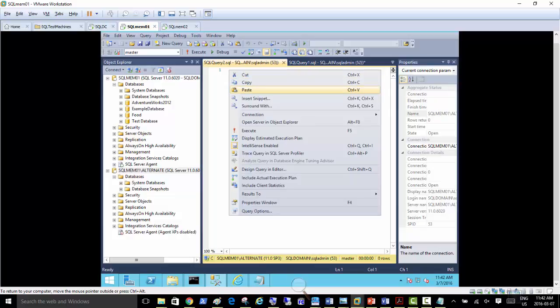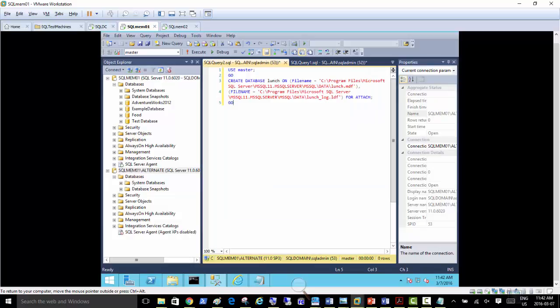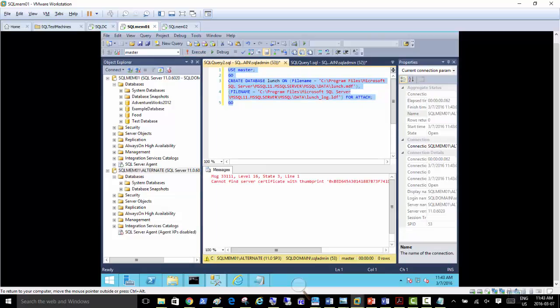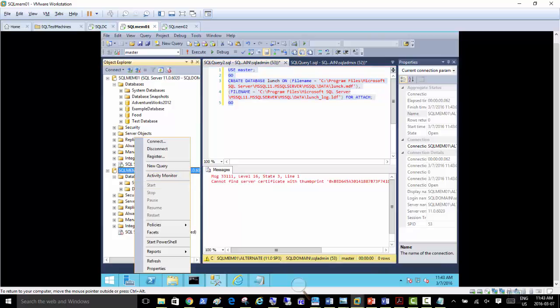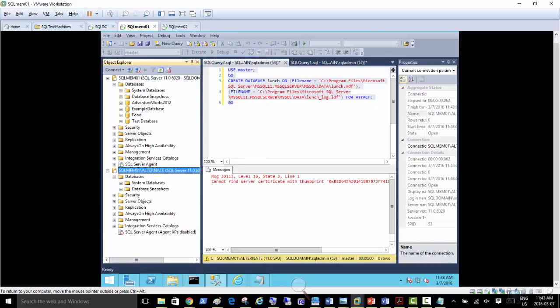If I still paste the same old path there and try to execute it, it cannot find server certificate with thumbprint. Oh, it's the security measures. Really? You need some security as well? Of course you need it. So same instance, it works fine. If I refresh, no, it needs that security certificate.